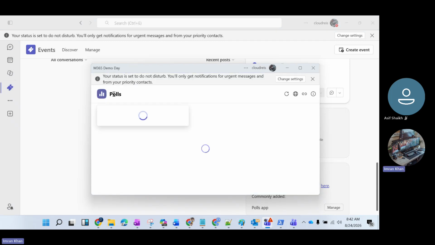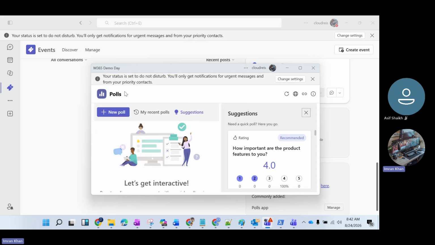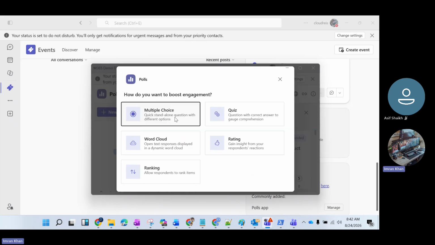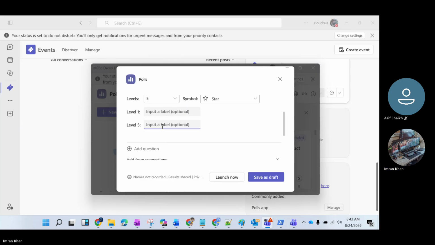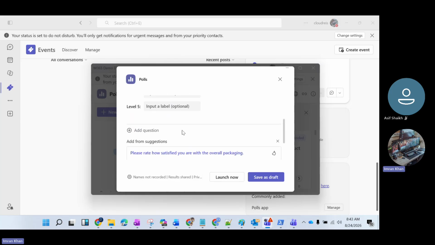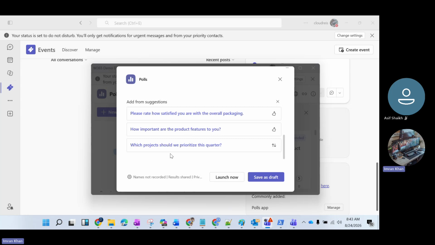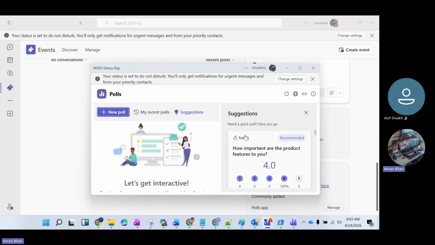so for a poll, after the meeting is complete you can share a poll. People benefit from this, as you can create such polls. Polls can be multiple choice options, a quiz, a vote, a word cloud, or a rating, which is feedback on the meeting: how the meeting went, what needs to improve on our side, and what your expectations are. We can create such types of polls. Okay,